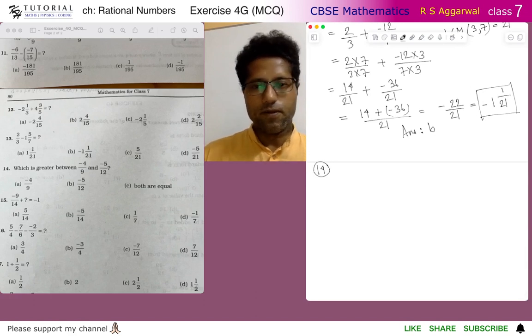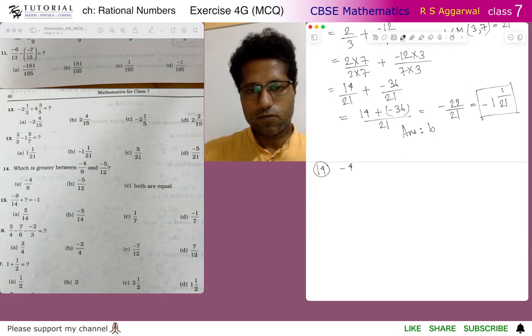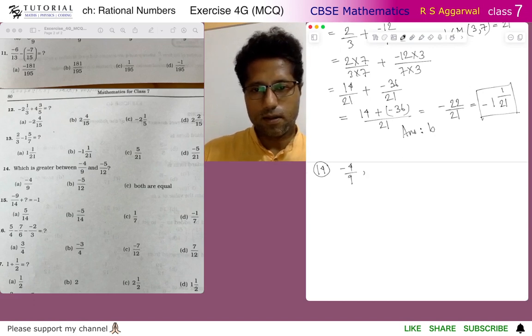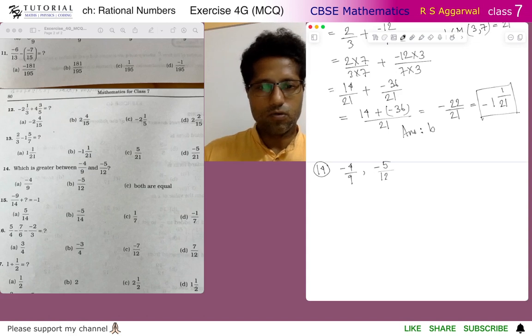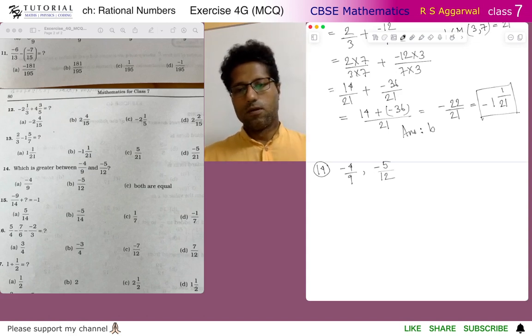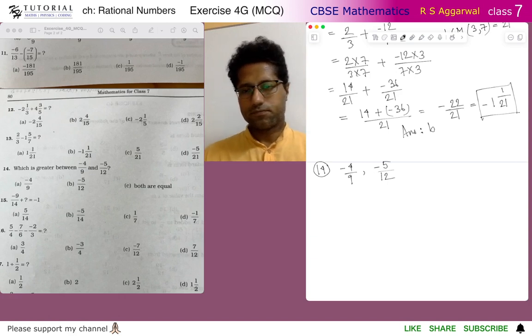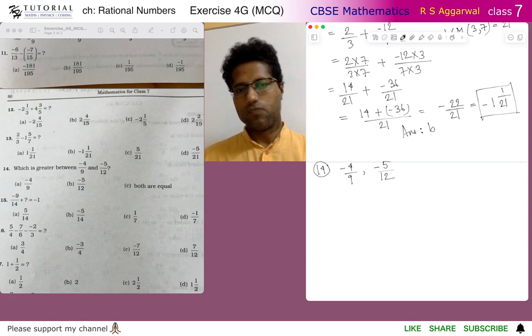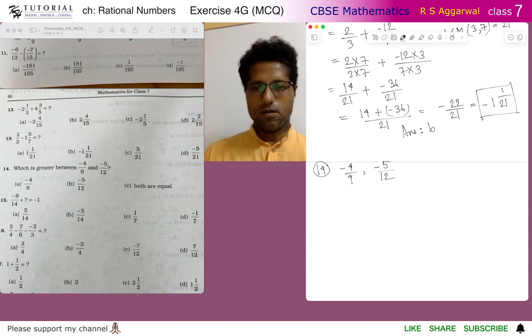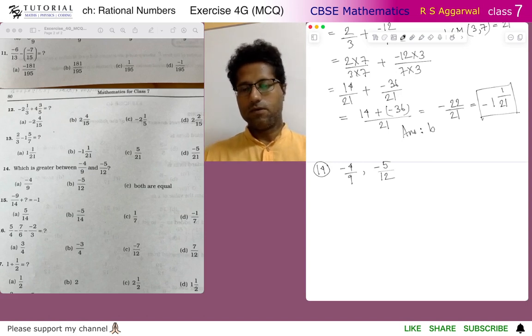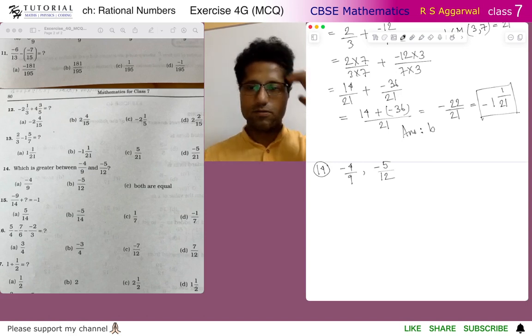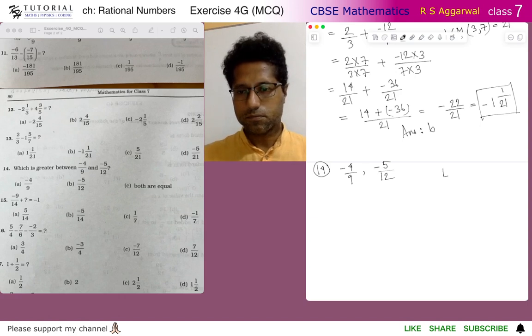Which is greater between minus 4 by 9 and minus 5 by 12? Okay. So to compare two rational numbers, first we have to convert them to their equivalent rational numbers so that they both have a common denominator, which will be the LCM of the denominators of the given rational numbers. So we have to find the LCM